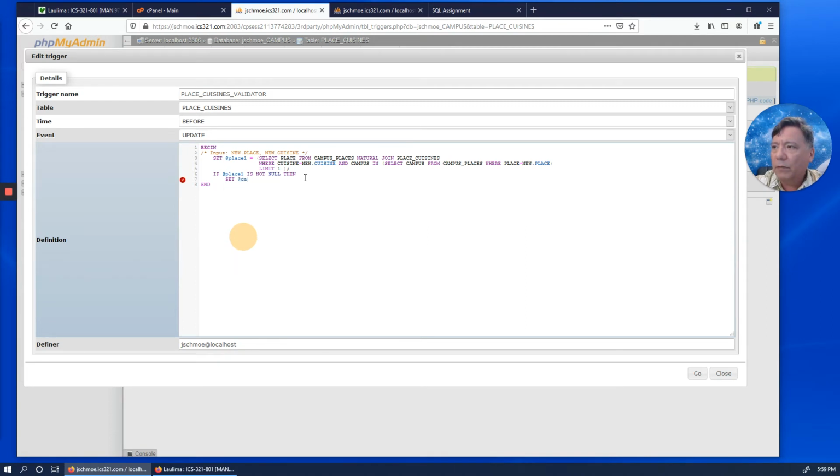I'm going to call it campus1 equals, and I'm going to select the campus from campus places where the place is equal to this place 1 here, the one I just grabbed out, and the campus is in this bunch of campuses here.